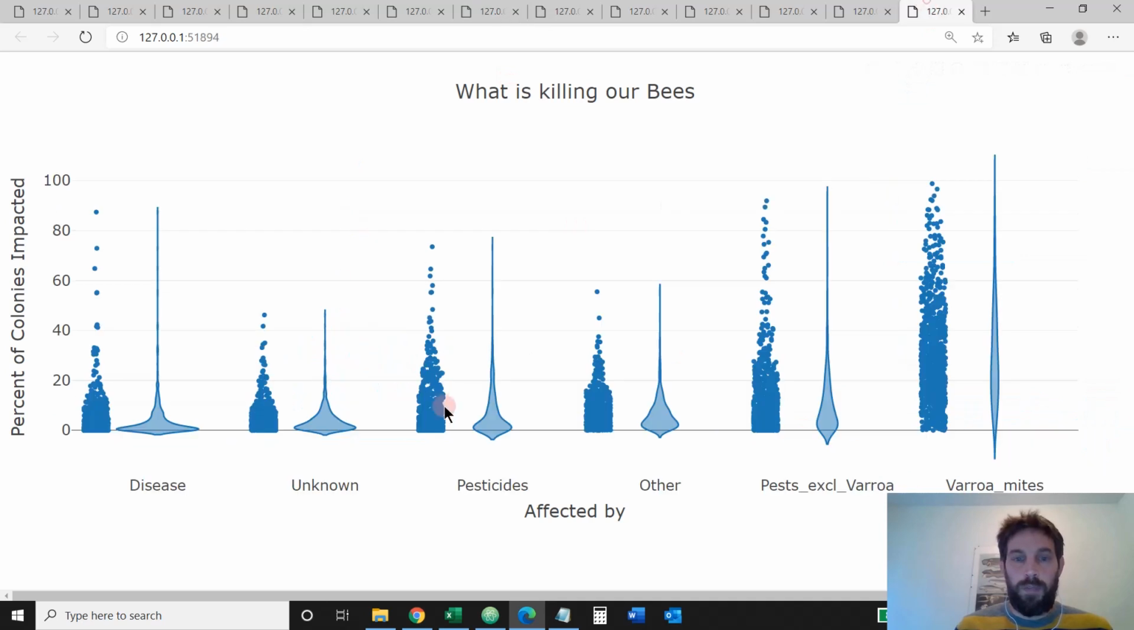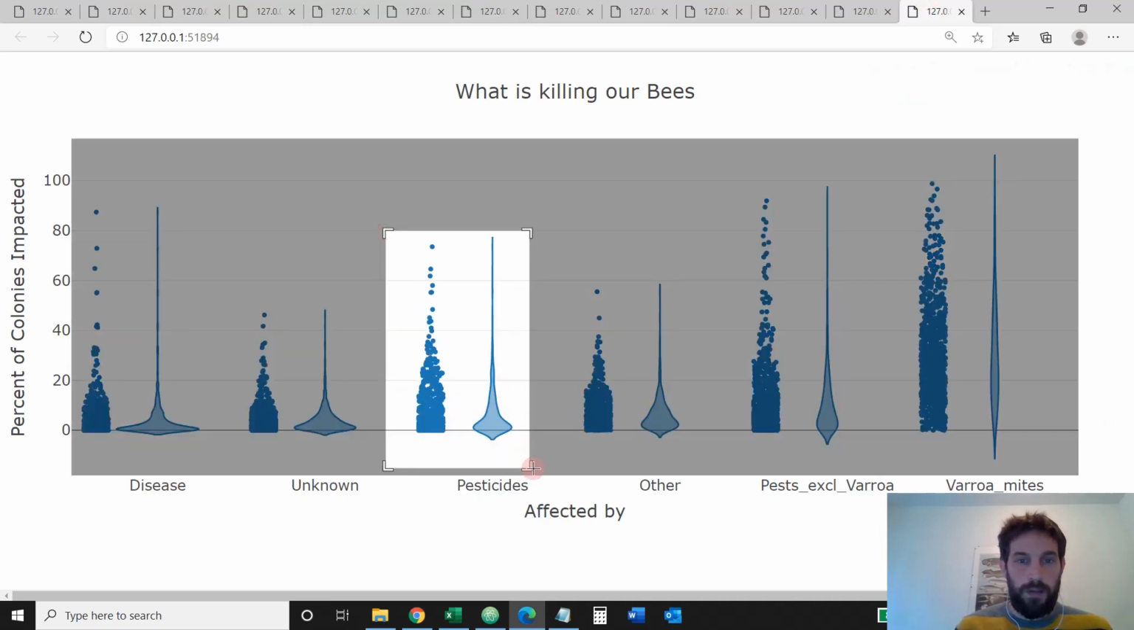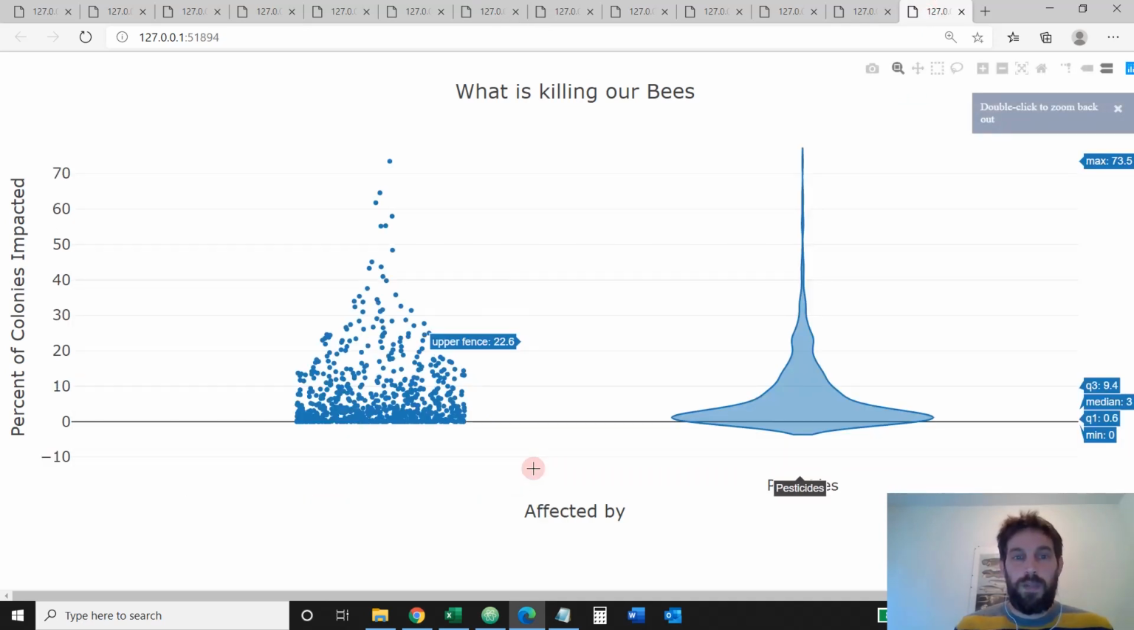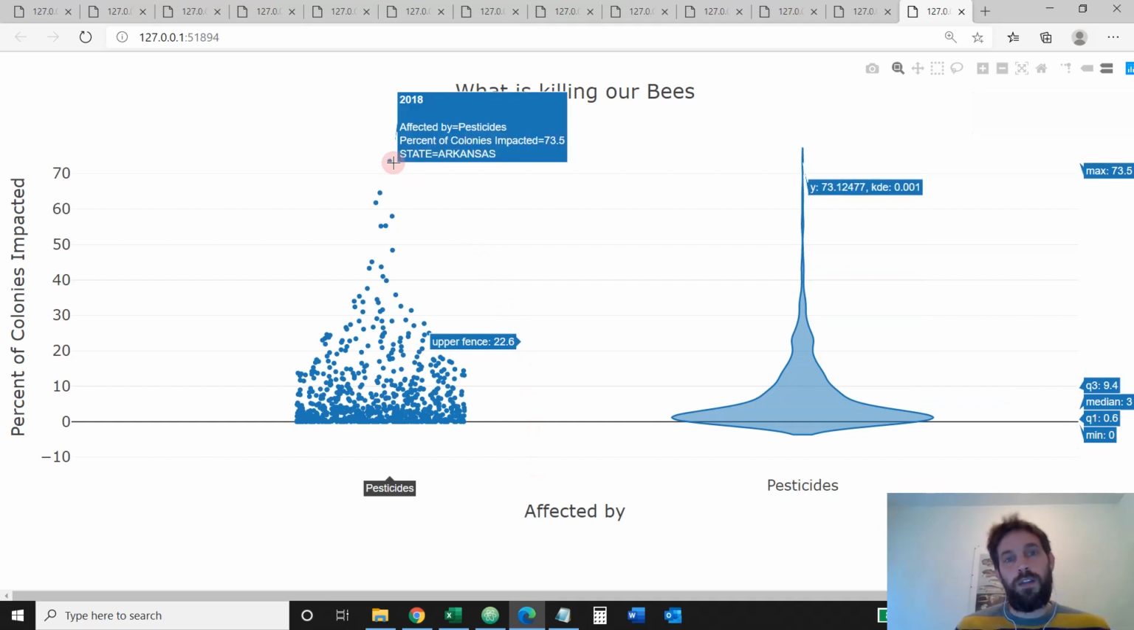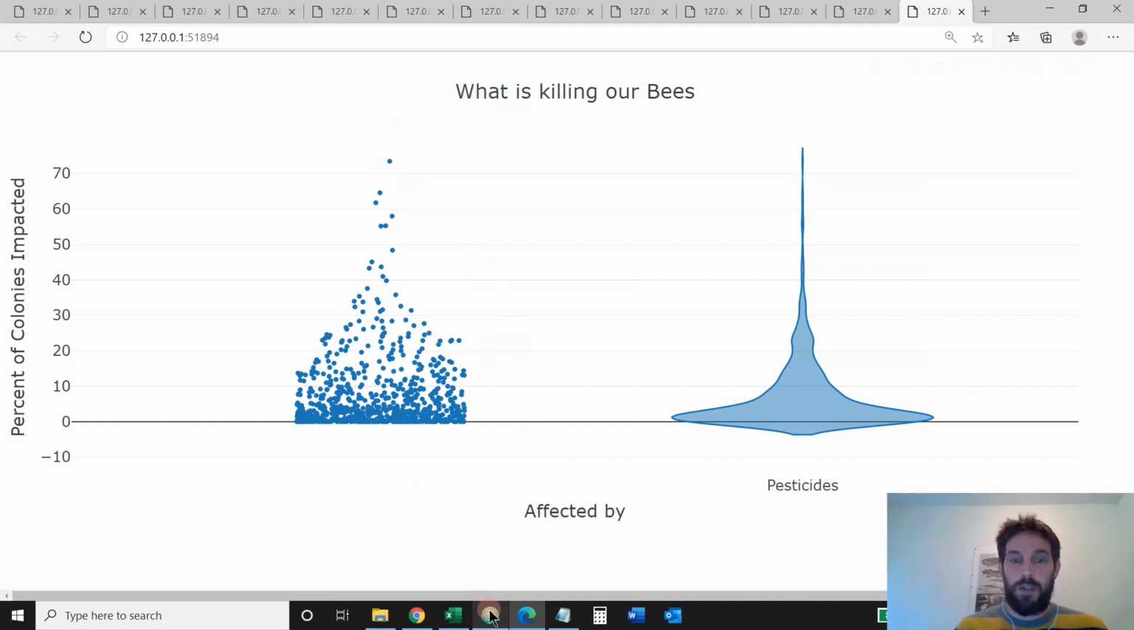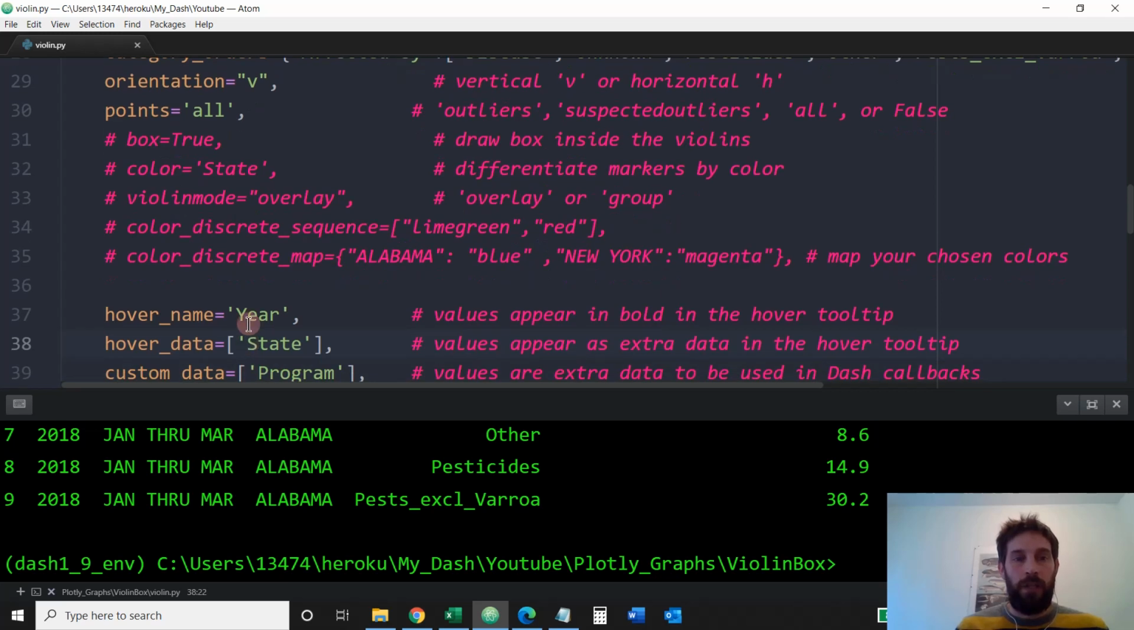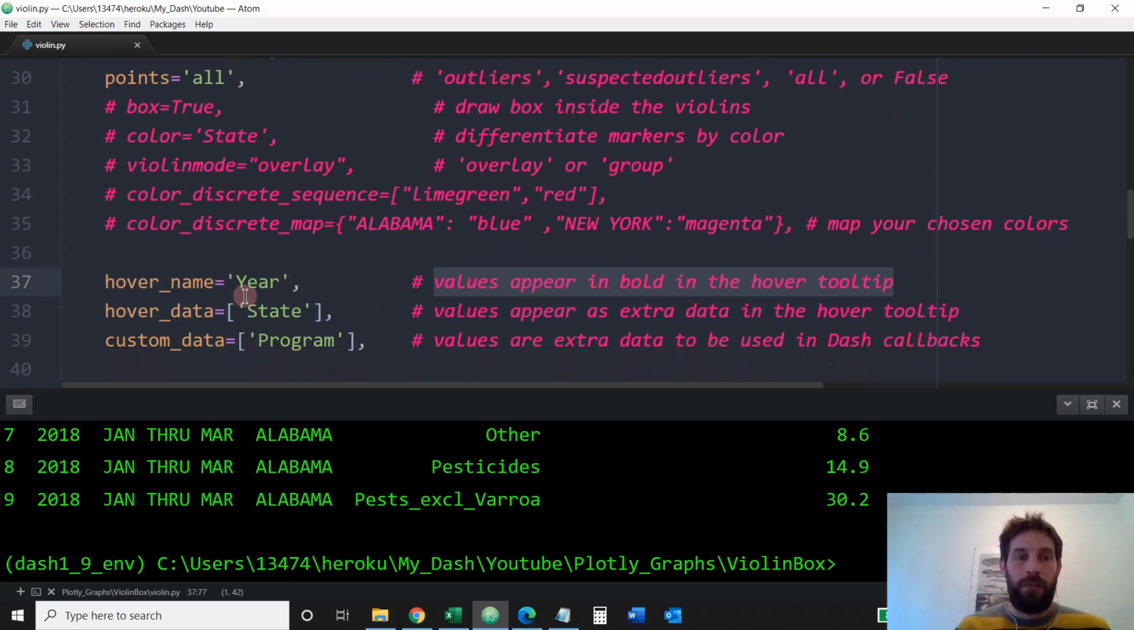I just focused on pesticides, so let's focus on pesticides. Perfect. So this is the plot. You see, when you hover, you'll see that the year is on top because we put here hover name is year, and this means that the bolded part is going to be on top. And then the state is going to be somewhere in the middle